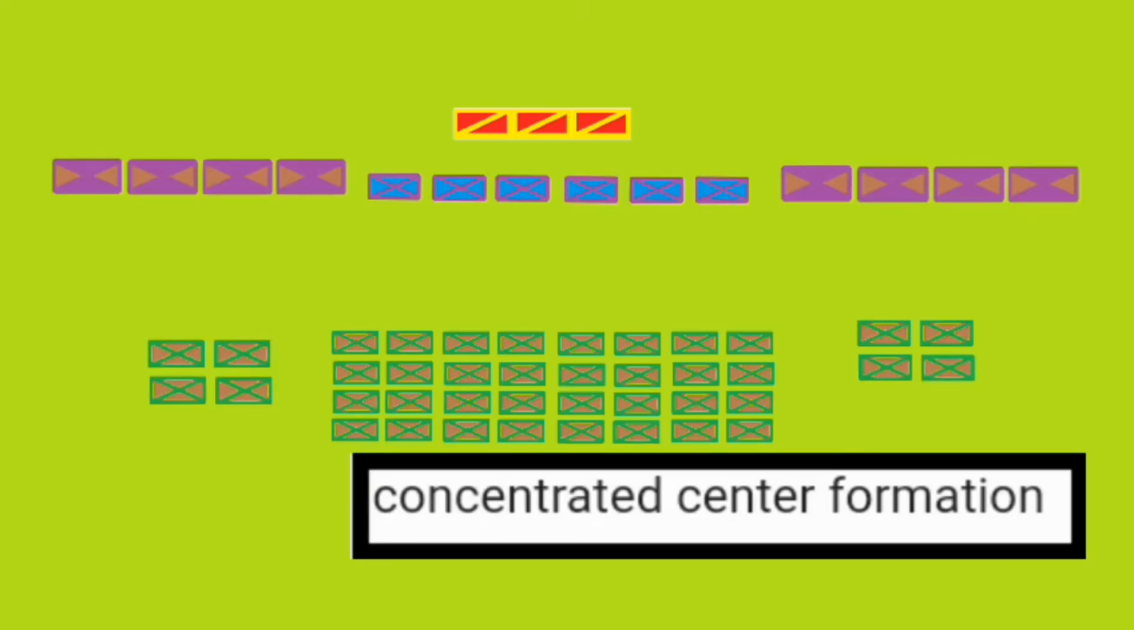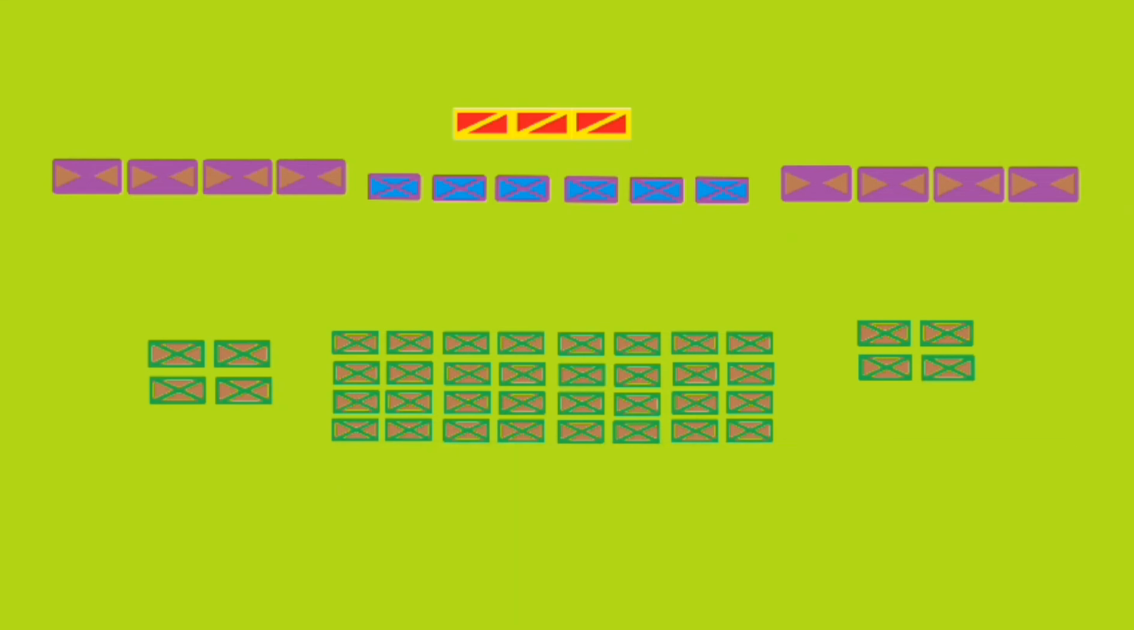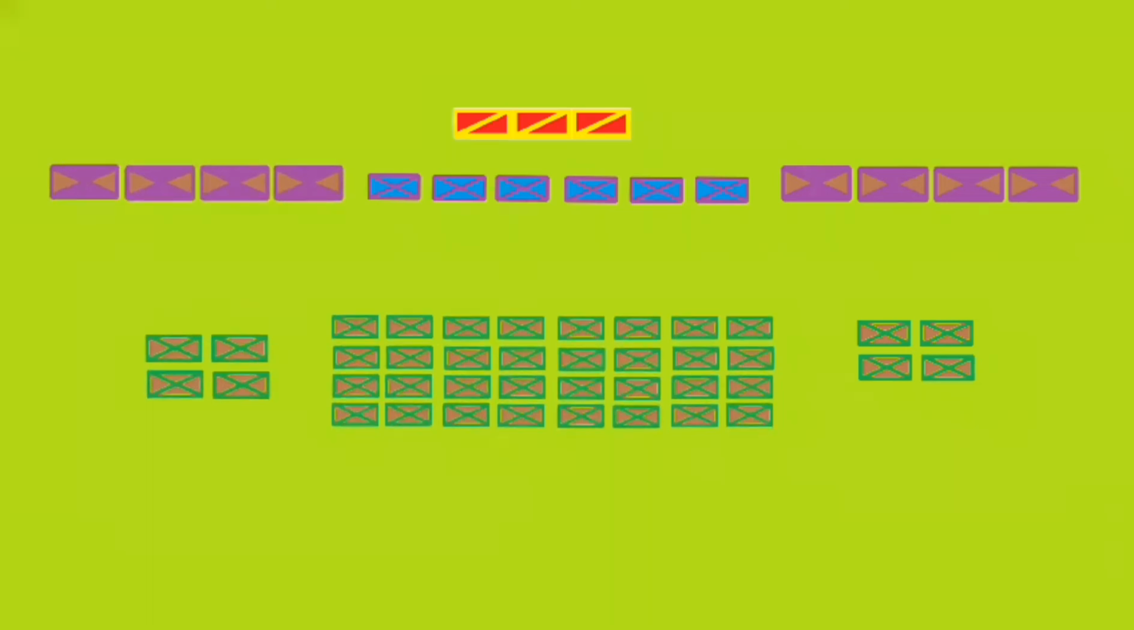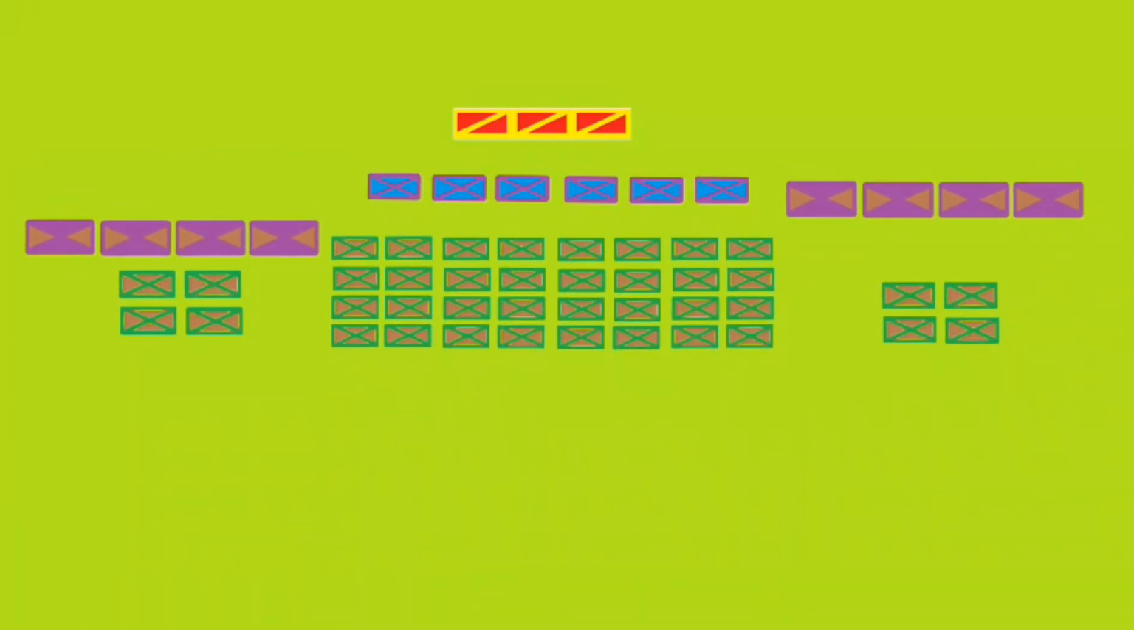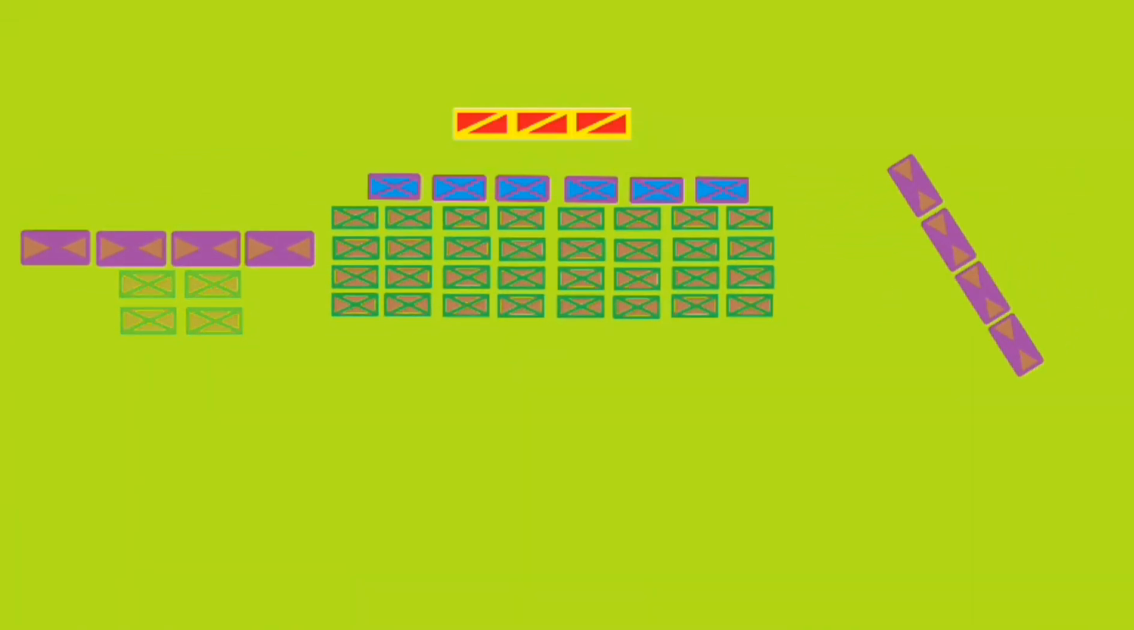Number 5. Concentrated center formation. The idea behind the concentrated center formation is that you put most of your punching power into your front line, while weakening your flanks at the same time. This is a risky formation because if your flanks get overwhelmed, then you could get surrounded from all three sides, and if the enemy have horsemen, then you can easily get surrounded in the rear, and thus your entire army